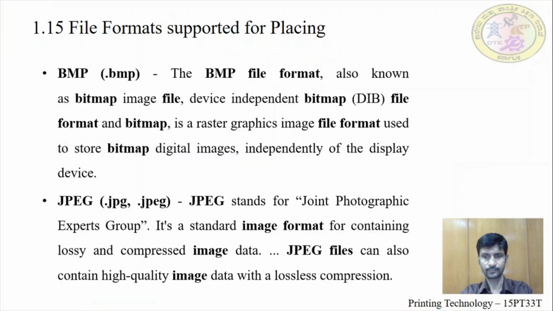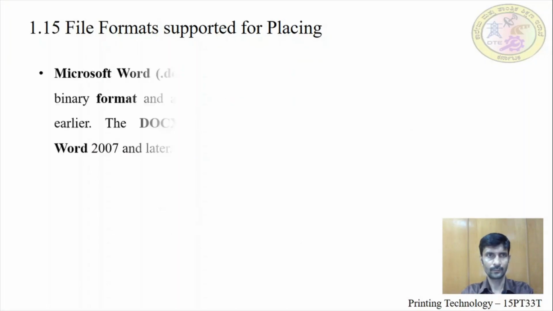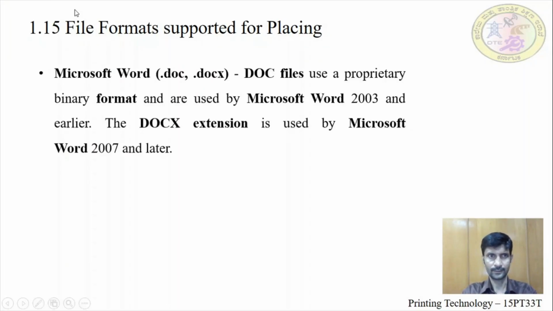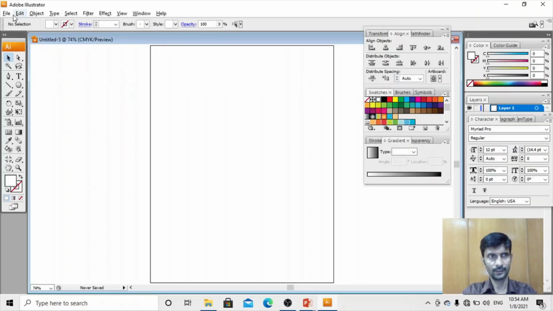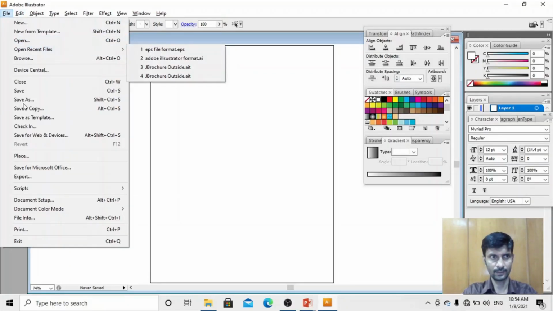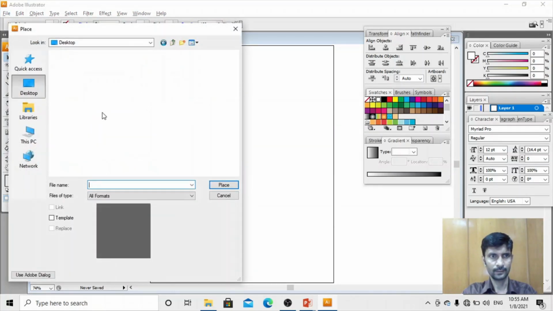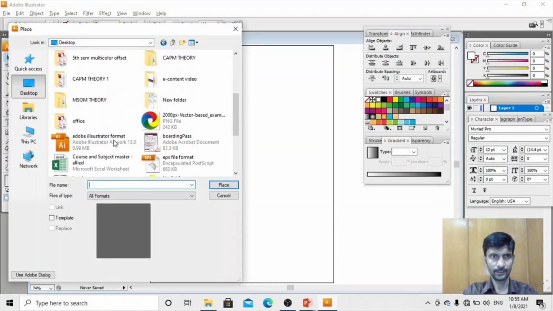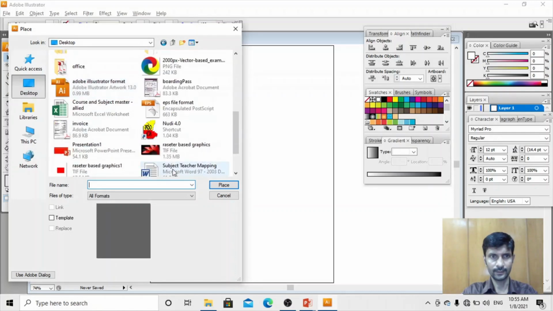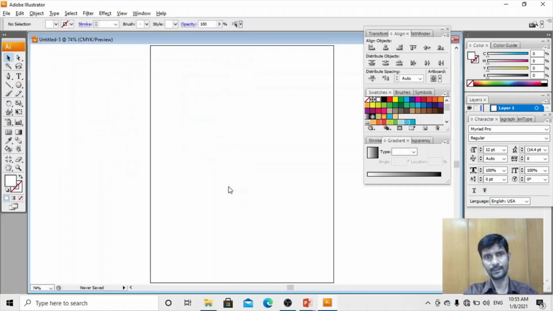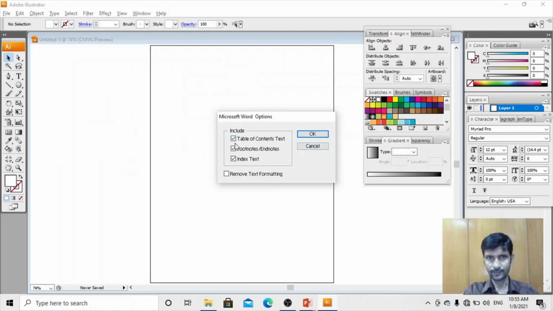Similarly, how to import a Microsoft Word document? Either you can copy and paste from Word, or you can go to Place, select the Word file and click Place. Whether it is the table of contents, footnote, endnote or index text, you can choose whether the text format from Word should be kept.